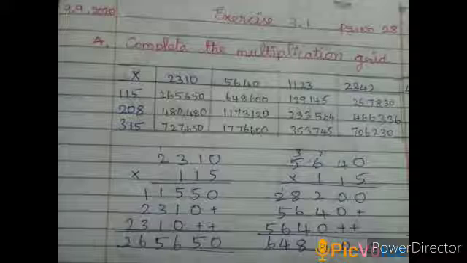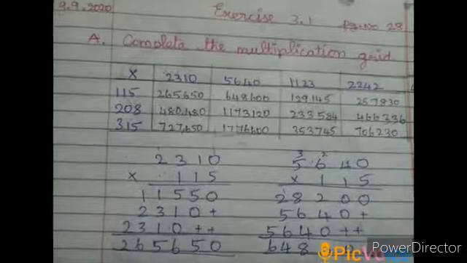So now you do the addition of 3 rows. 0, next in the tens row it is 5, in hundreds we have 5 plus 1 is 6, and in thousands we have 1 plus 3 plus 1 is 5, and in 10,000s we have 1 plus 2 plus 3 it is 6, and in lakhs place we have 2. So the answer is 2,65,650. That should be written in the grid. Similarly you have to multiply all the numbers and write the answer in the respective places.